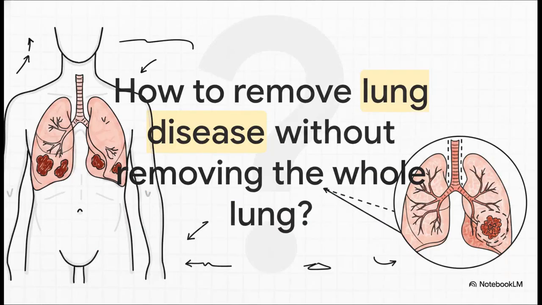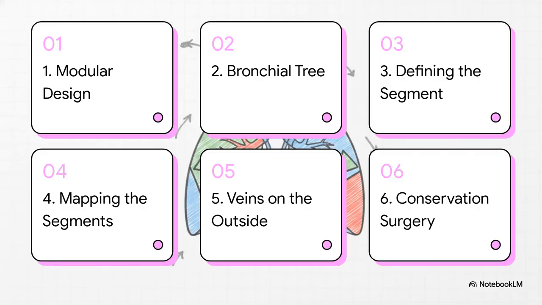To set the stage here, I want you to picture a pretty high-stakes scenario. A surgeon needs to remove localized lung disease from a patient. Let's say it's a stubborn case of tuberculosis, a really severe localized infection, or even a benign tumor. So how exactly do they do this without removing or destroying the patient's entire lung? How on earth do they know exactly what to cut to save the healthy, life-saving tissue while completely getting rid of the diseased part? Well, to answer that, we are going to take a logical journey right into the chest